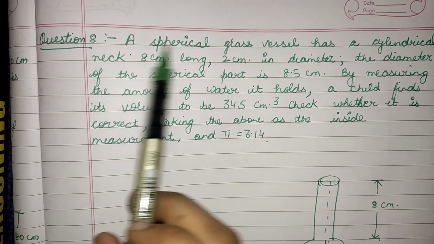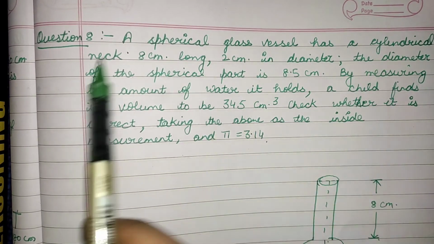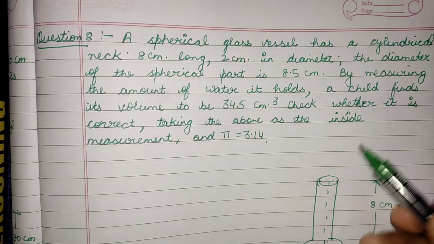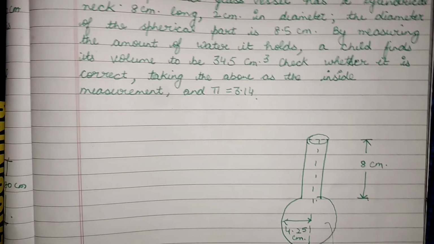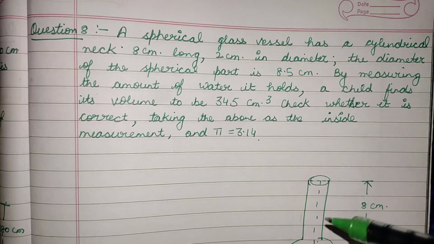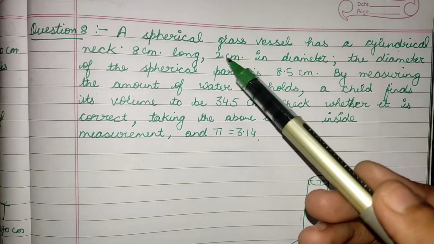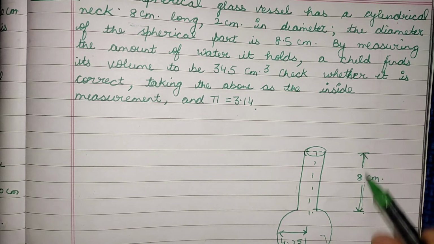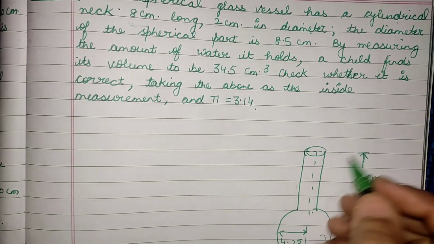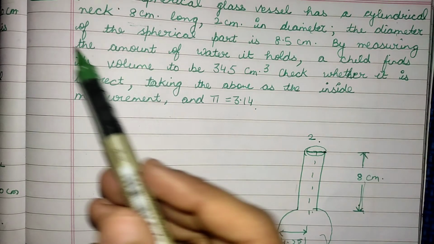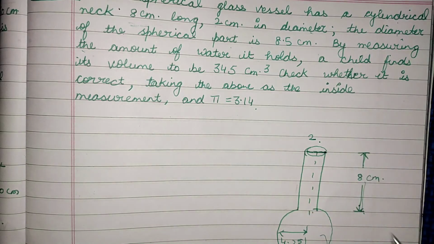Okay, moving to question number 8. Question number 8 says that a spherical glass vessel has a cylindrical neck 8 centimeter long. So there is a spherical glass vessel. You have seen such vessels in your science lab. The question is related to that vessel only, that the neck of the cylinder is equal to 8 centimeter. So this cylinder height is 8 centimeter long. It is 2 centimeter in diameter. This is given to you equal to 2 centimeter, and the diameter of the spherical part is equal to